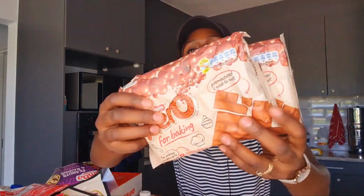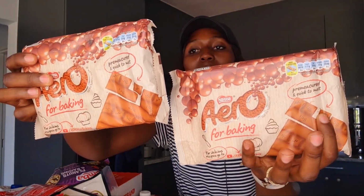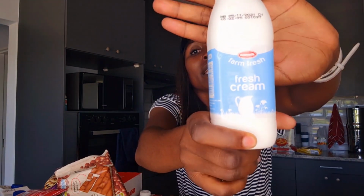I also got some chocolate for baking. Sometimes recipes ask for chocolate and we don't have chocolate and it's a little bit hard. No, this is for baking, it's not for eating. Got some fresh cream. Yesterday I had a recipe that was asking for half and half, which I could have obtained by adding this and milk, but I didn't have it, so